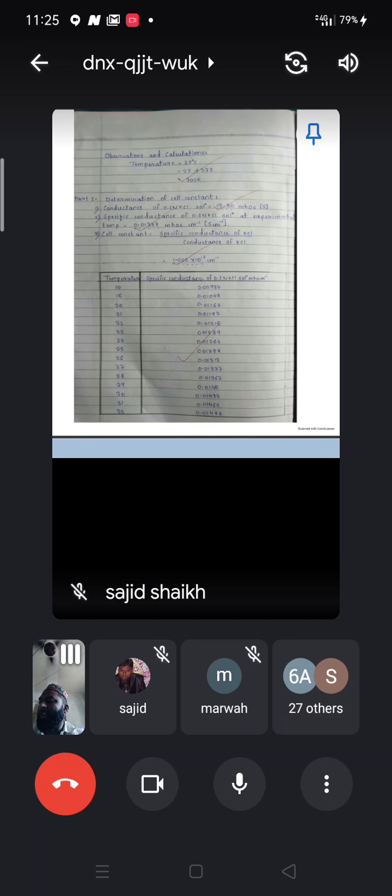The cell constant value, there is a mistake in that particular thing, 1.005. You can calculate specific conductance as 0.01337 mho per centimeter, and here 13.30 into 10 raised to minus 3 millimoles will be there, I think so. We will see in the laboratory the actual way, because I have not taken this practical last year, but this year I will take this and I will show you what the correction is.